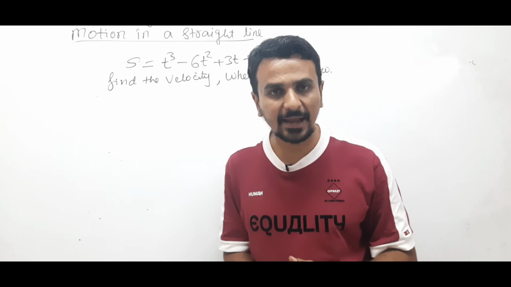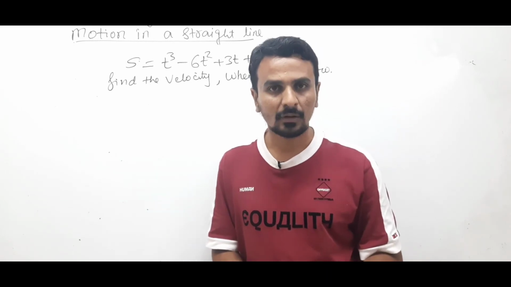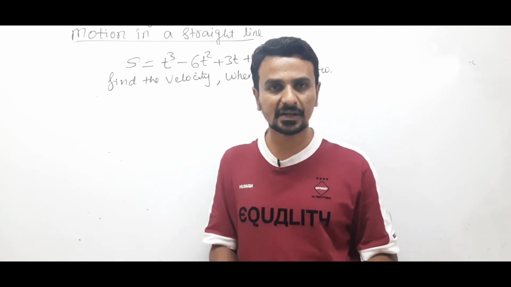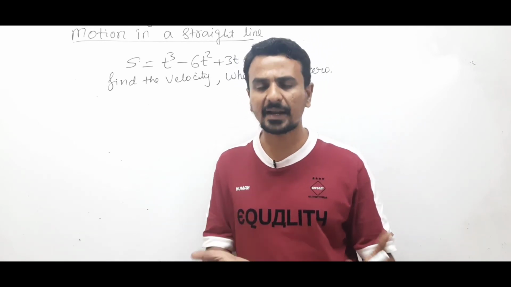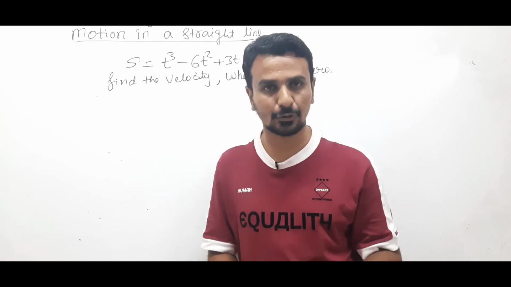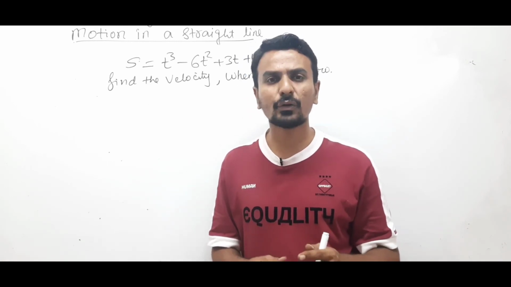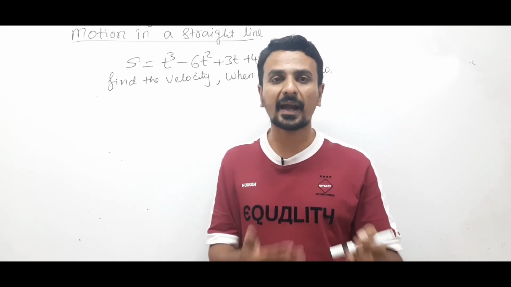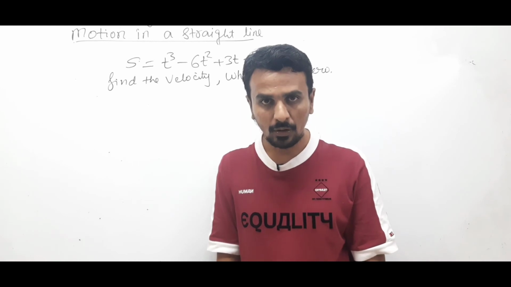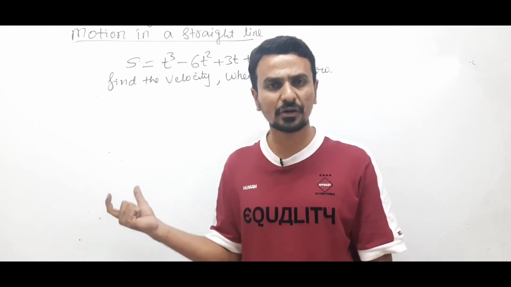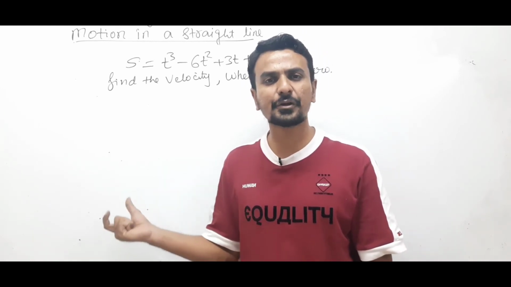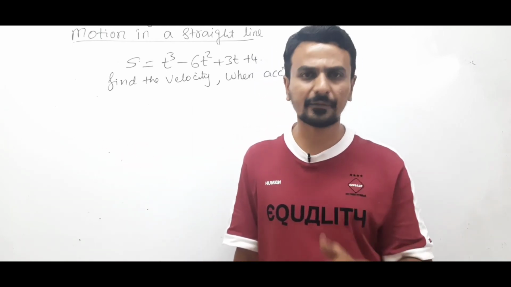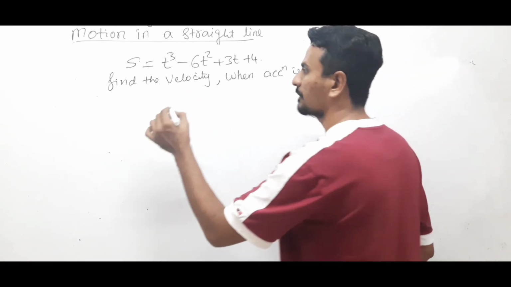First we'll calculate the time when the acceleration becomes 0, right? And then we'll substitute the value of time in the equation of velocity. So we'll get the velocity at that instant of time when the acceleration is 0. You're getting the point? We have been told to calculate velocity when acceleration becomes 0. So first we'll find the time when the acceleration gets 0. On getting the value of time, we'll substitute that time in the equation of velocity. So that will give me velocity at that instant of time. Clear? Okay. So first differentiate this.